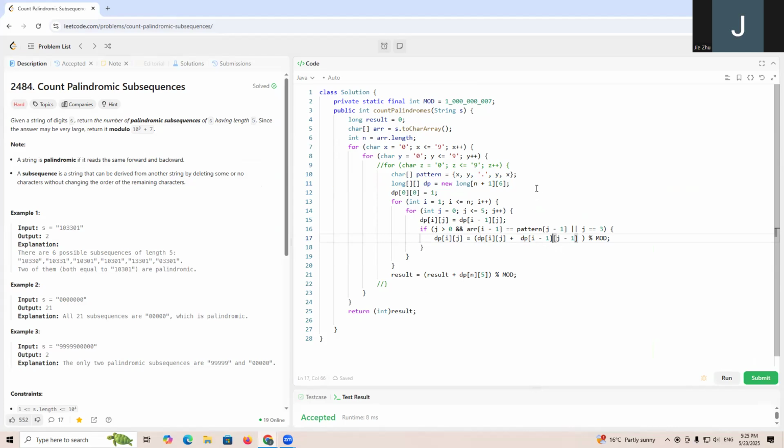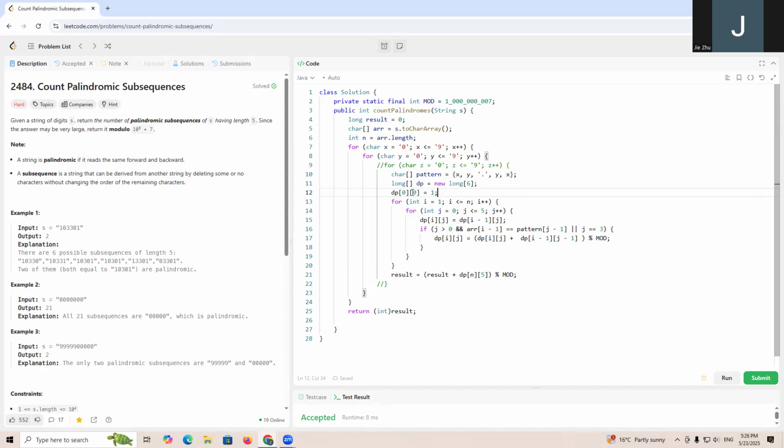So of course we have n times 6, but the base optimization is that we can have only a long array of 6, right? But because it depends on the previous one,